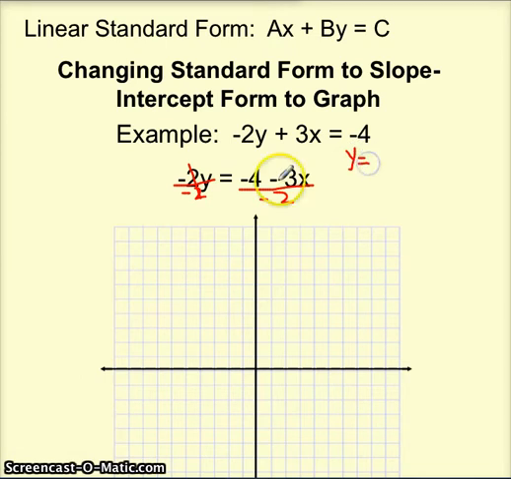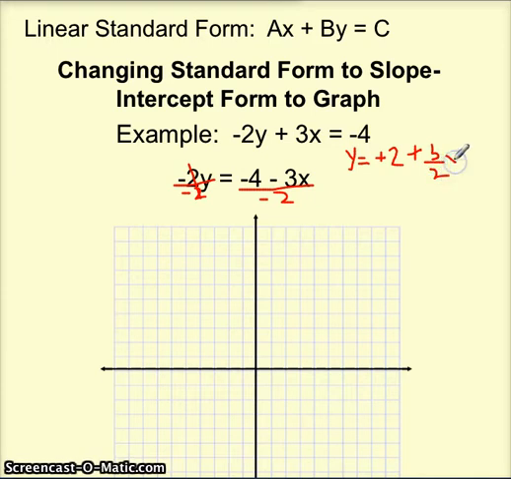Well, -4 divided by -2 is +2. And -3x divided by -2, well, I could leave it improper, okay, but a negative divided by a negative becomes +3 over